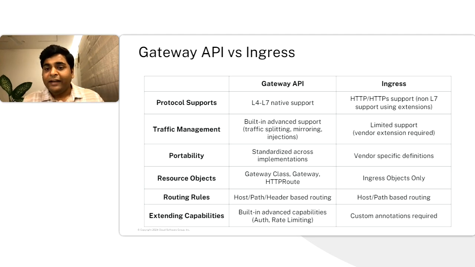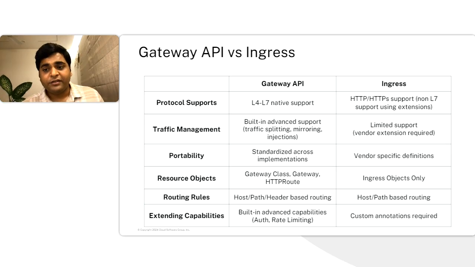natively. When it comes to traffic management, Ingress is good for basic routing, but what if you need a little more advanced routing, such as traffic splitting, mirroring, traffic injection, simplified canary, blue-green? All these use cases are simplified by the Gateway API. Portability is a very important feature that Gateway API offers. It has now standardized the deployment, where in Ingress you had to depend on the different vendors to create that. So that complexity of creating those resources has been abstracted by the community, and you have a unified deployment option.